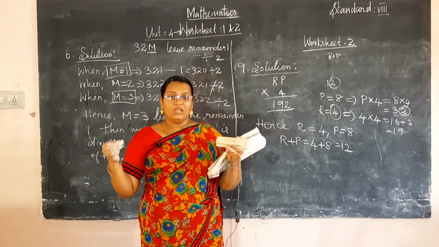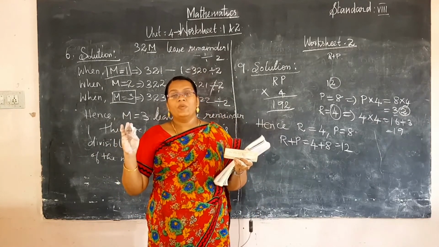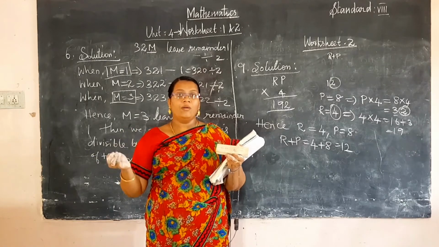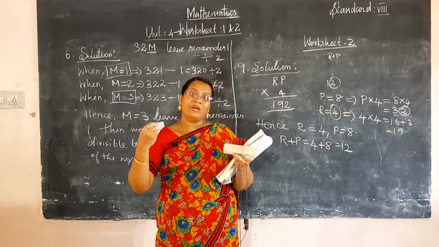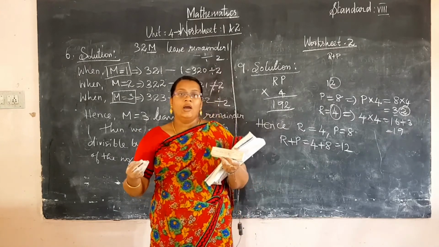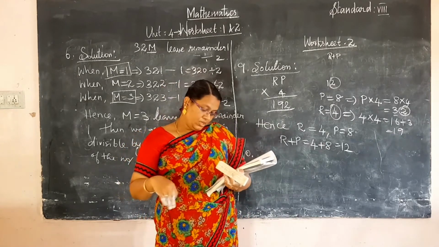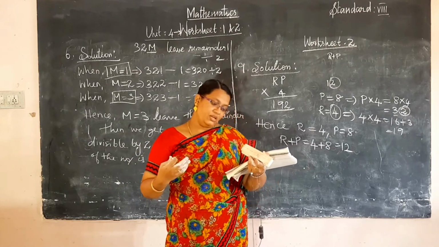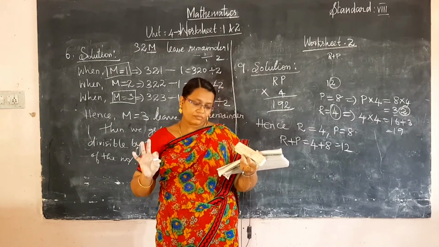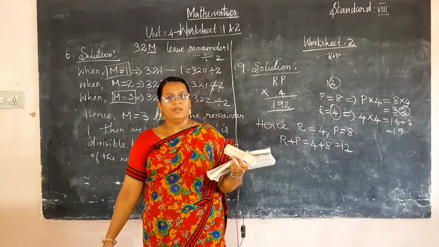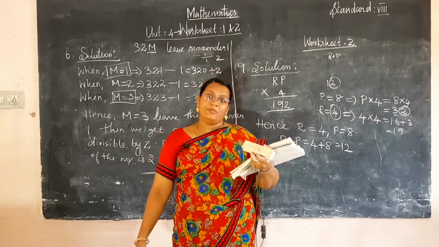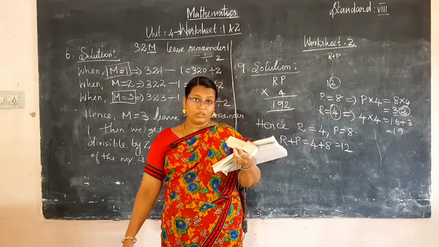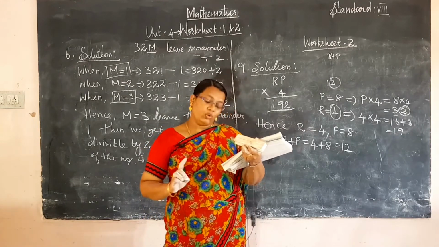So what is the rule of divisibility by 9? The sum of the digits is divisible by 9. You have to apply the trial and error method, applying a value and b value one by one. Find out how many numbers there are. Check out the possibilities. You will find 5 or 4 possible numbers divisible by 9 for the given number. Right, so that is the 10th honors homework.